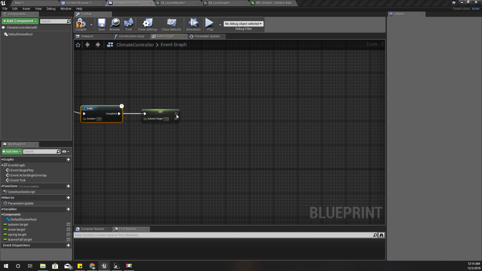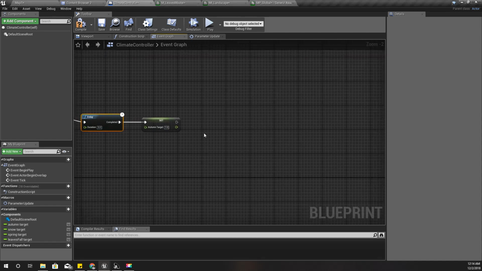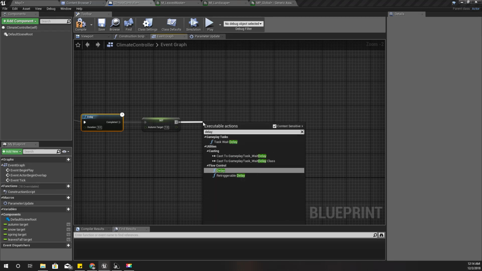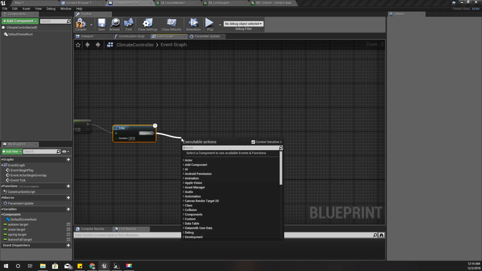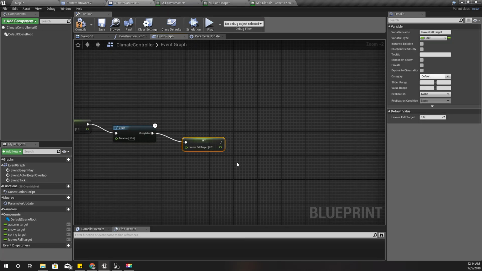Right, and then I'll set the autumn into 1, and I'll delay like 20 seconds in the autumn, and I'll again set leaf fall target into something like 5,